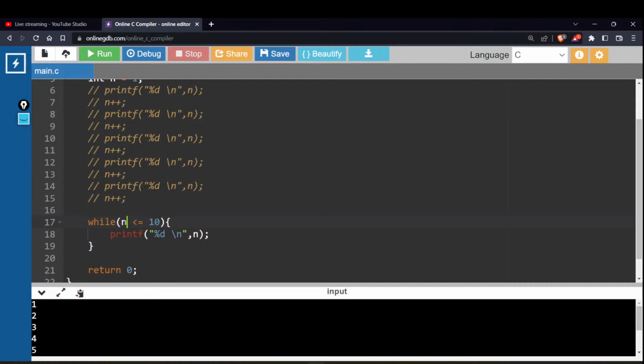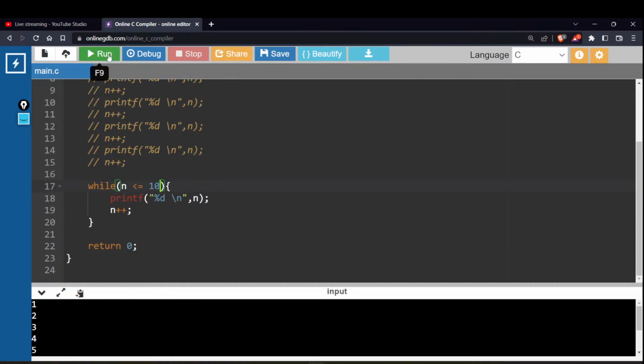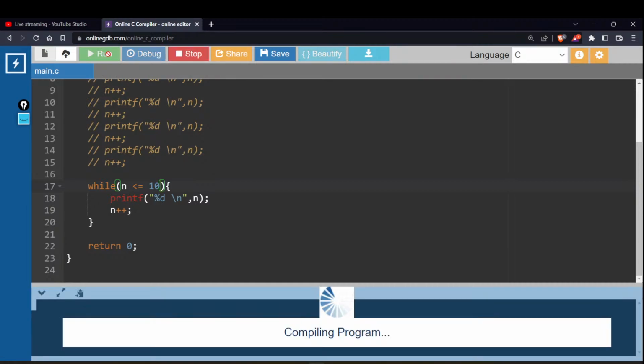So how we can fix that is we have to also update the value. How would we update the value? By writing n plus plus. Exactly, right? So what would happen? Now, immediately 1 is executed, the value of 1 will become 2. Now 2 will be compared with 10. Obviously 2 is less than 10, so yeah, it will be printed. Then the value of 2 will be incremented to 3 and 4 and 5 and 6 and so forth. As soon as I execute it,